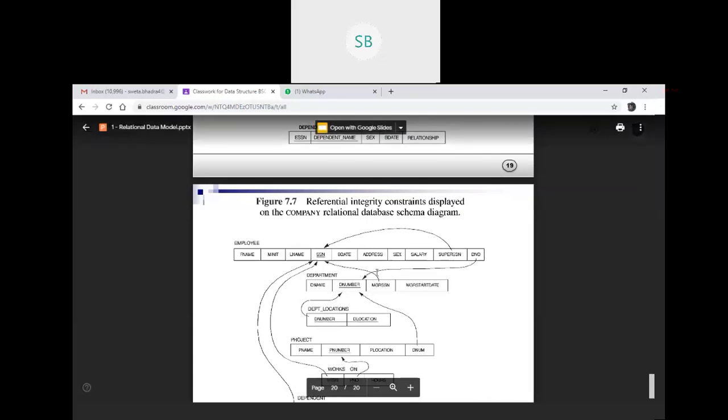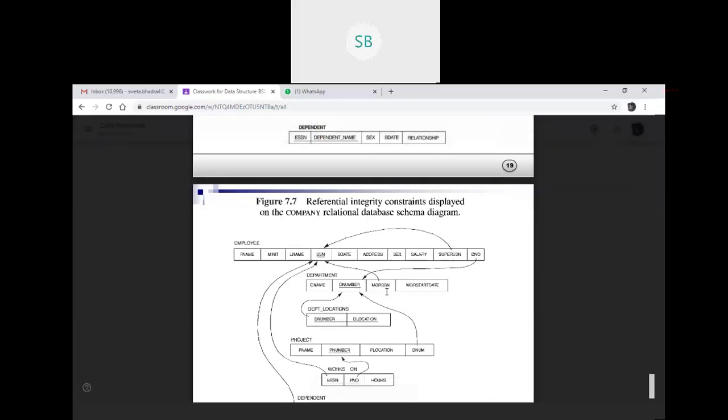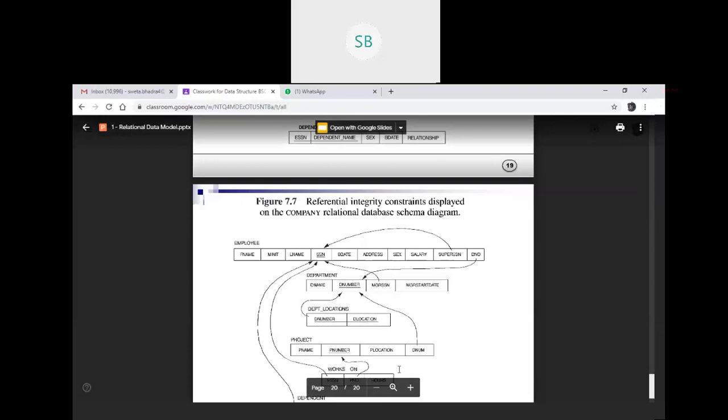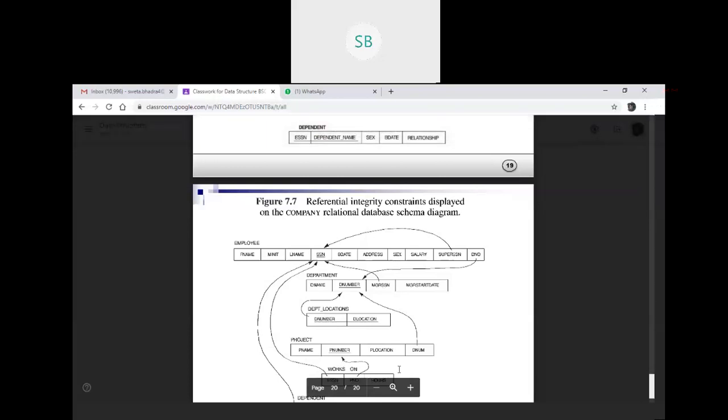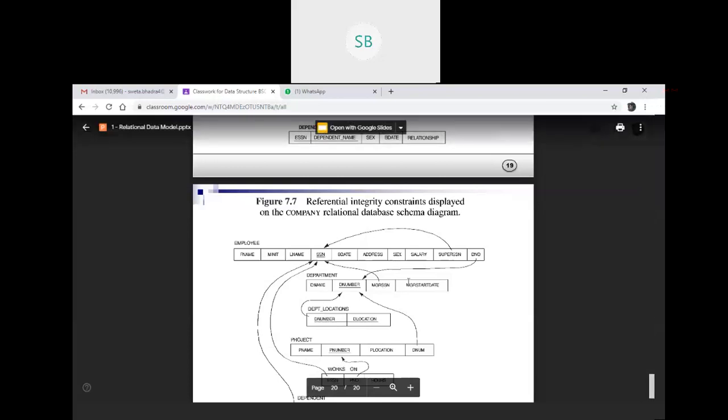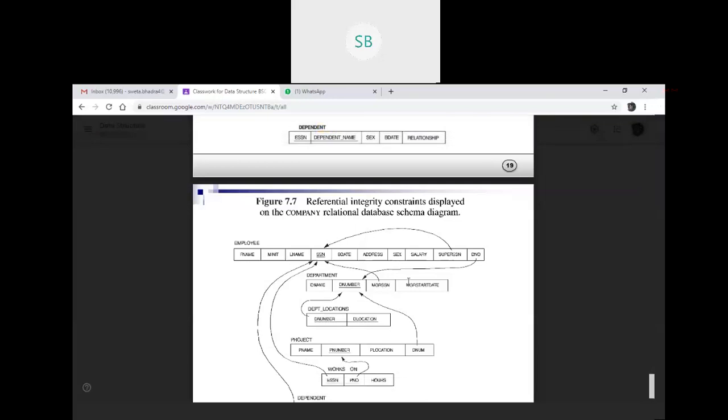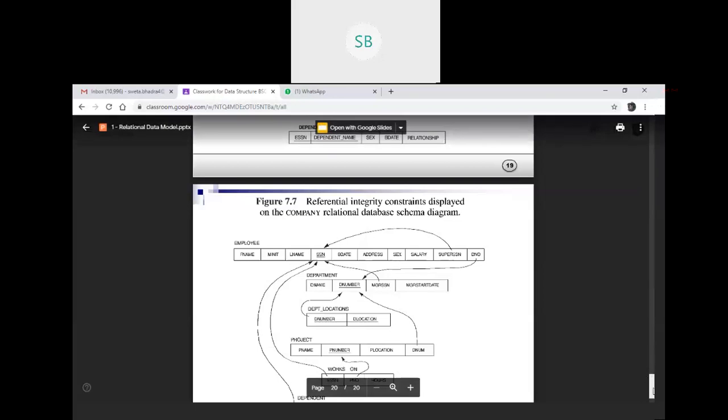Similarly, this DNO, as I just told you, is a department number. This manager SSN refers to this SSN, because the manager is also ultimately an employee, right? So this is the condition. If your ER diagram is clear, then this will be clear. Okay, if you have confusion in the ER data model also, I am ready to explain it in the next class. I think these things need some revision.